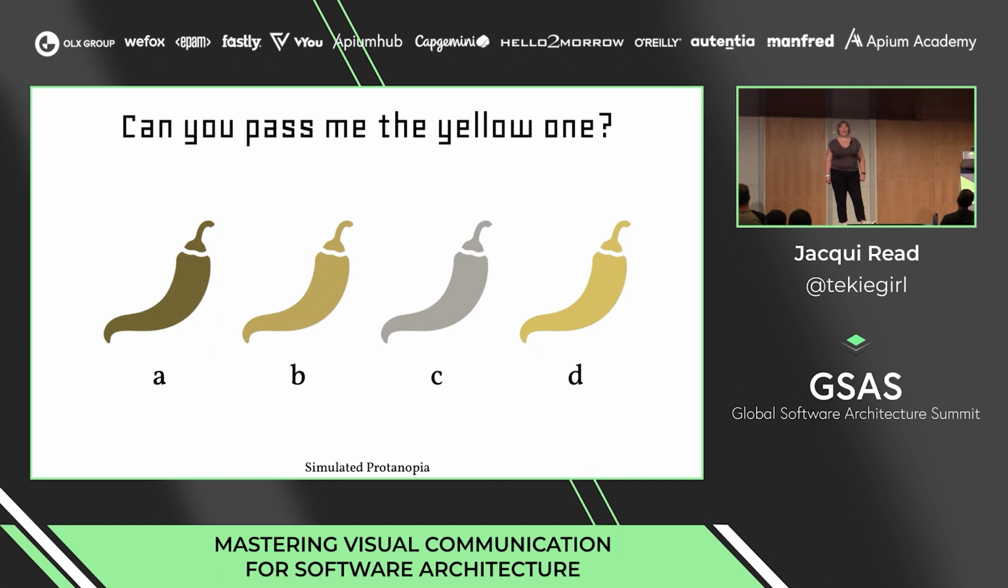So how many people think A is yellow? B? C? And D. You actually all got it right in that case, but can you see that there is confusion there? And if you didn't know that only one was yellow,